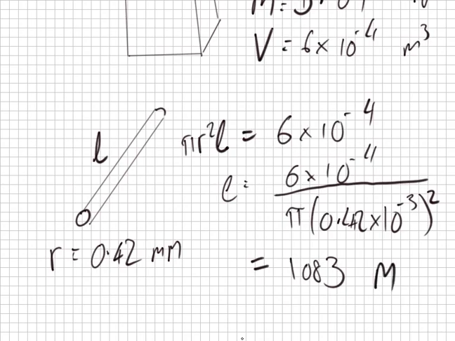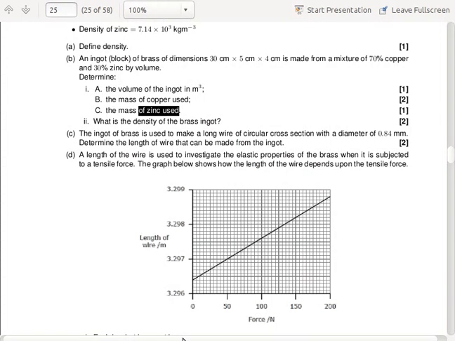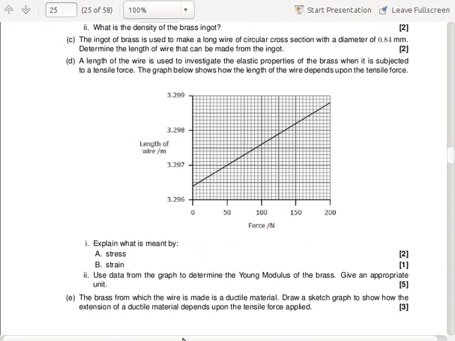That's actually over a kilometer of wire you can make from this block of copper zinc. Is that okay? Yeah. The wire,